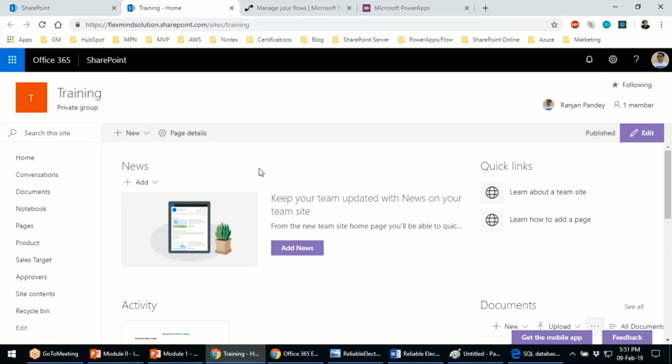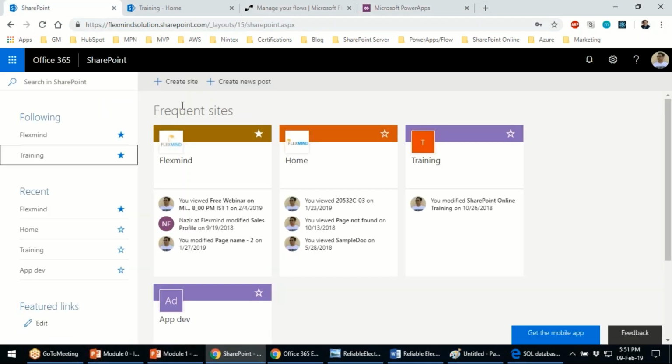People who are not working on Office 365, who are working on SharePoint Server, let me tell you that what you are seeing right now on the screen is a modern site. I hope all of you are aware of modern sites, right? Anybody who is not aware, modern sites have been introduced in Office 365 and now even in SharePoint 2019. This UI that you see over here, modern sites can be created from your